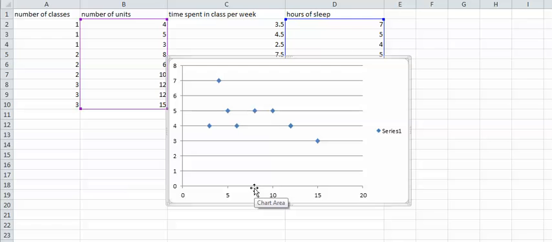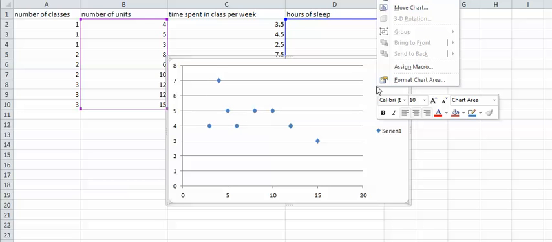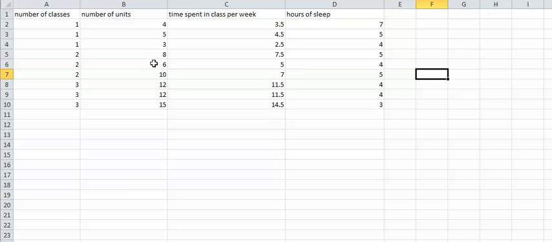Here we have units. Here we have sleep hours. This one is also negative, but has a little bit more of a curve to it. So we could create a scatter plot for every possible pair of variables. We could also create a correlation coefficient for each pair of variables. So let's think about number of classes